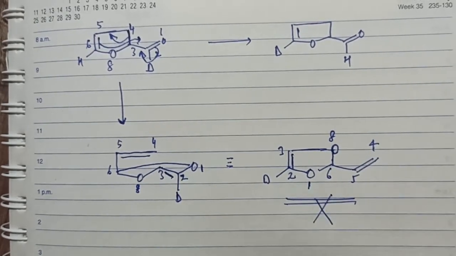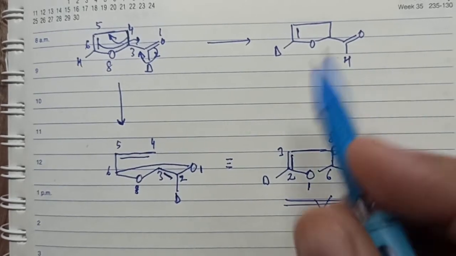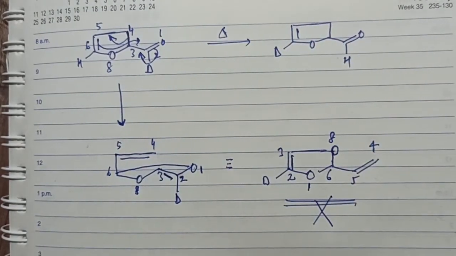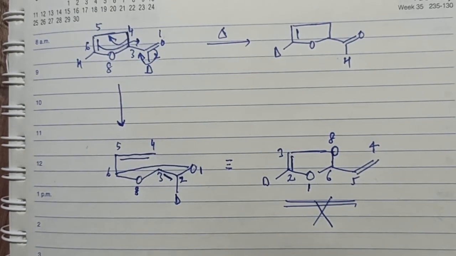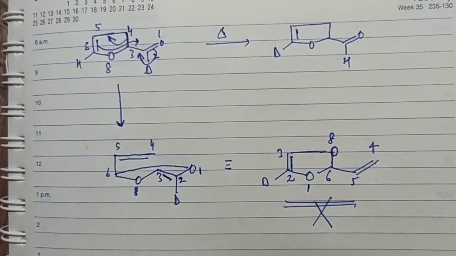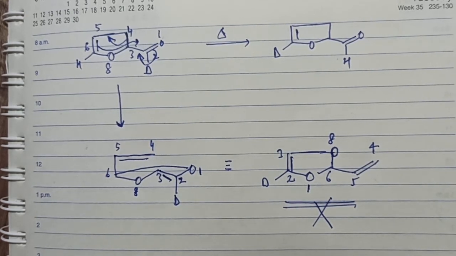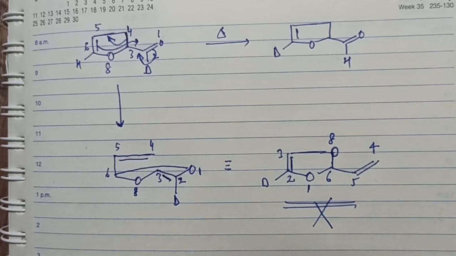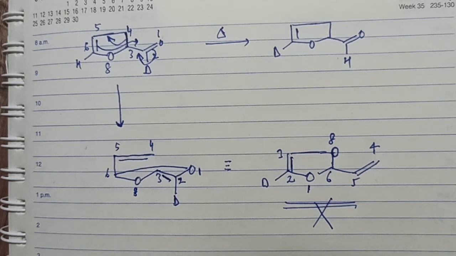Well, this is not the product as I have expected in the case of the reaction as given. Therefore, this hexadiene is not involved in the Cope rearrangement. It was the other hexadiene which we took earlier in this example that was the actual hexadiene involved in the Cope rearrangement. Hence, if you want to work out the reactions in the Cope rearrangement, figure out whether the reactant system contains 1,5-diene. If it has a 1,5-diene, try to break the 3,4 bond, form the 1,6 bond, 1,2 double bond shifts to 2 and 3, and the 5,6 double bond shifts to 4 and 5 position. That you have to remember while drawing these products.